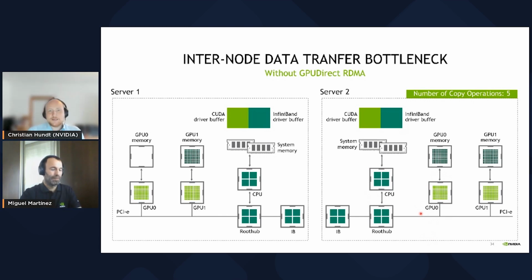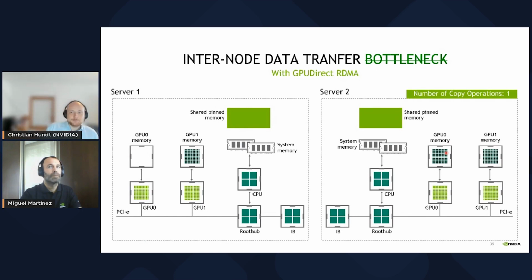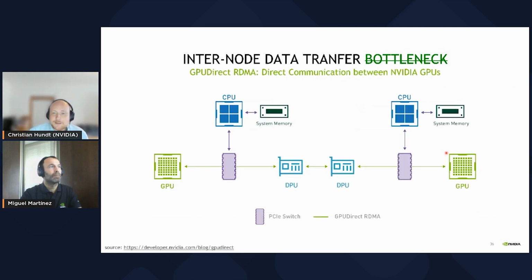When we have NVIDIA networking devices as well as NVIDIA GPUs all connected to the same PCI Express bus, as well as using InfiniBand, we can actually copy it from the left to the right without involving a CPU at all. That's what it is, one copy operation. You just divided the number of copy operations by a factor of 5, which can make a huge impact in your pipeline. Maybe on the next slide, a high-level view of the same scenario.